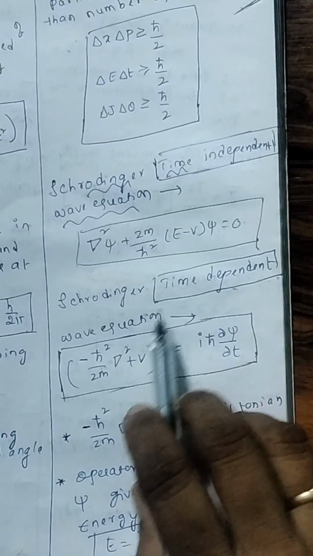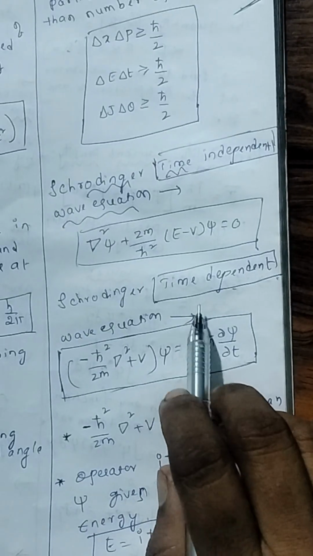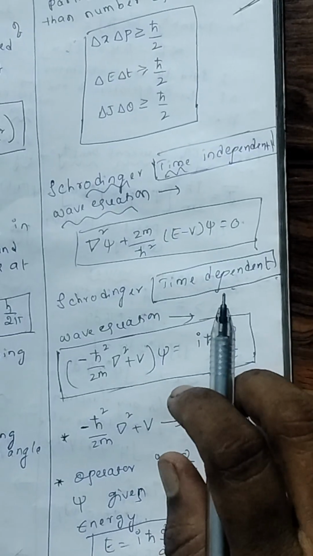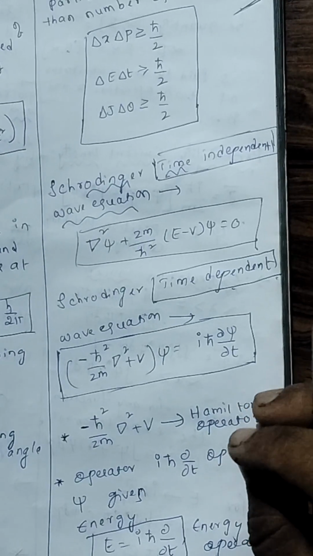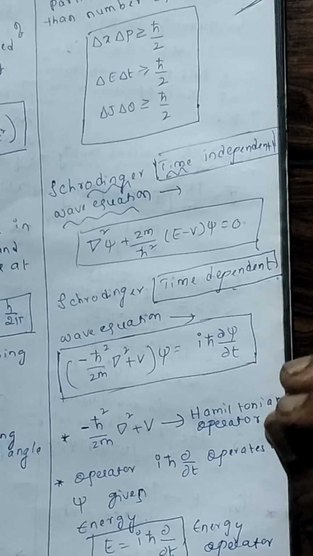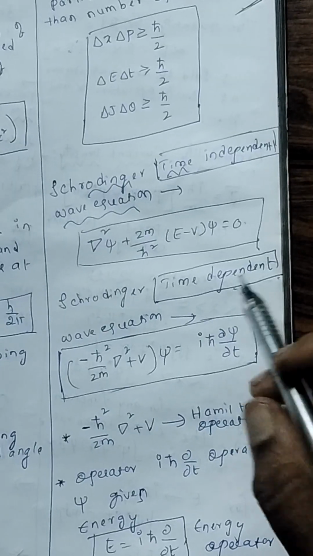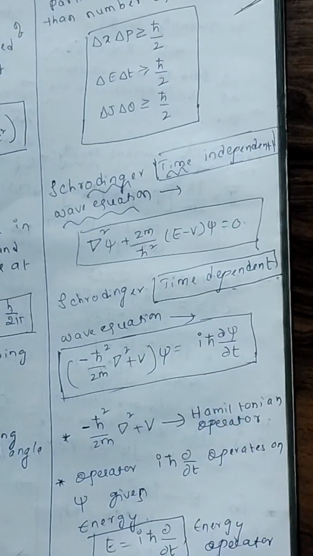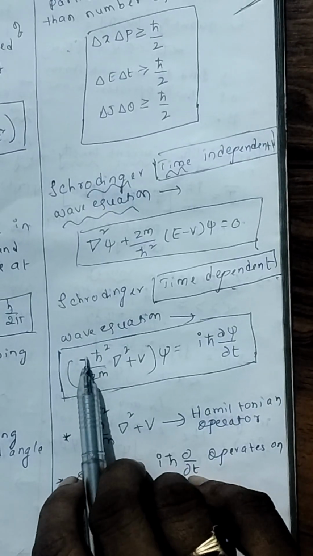The Schrodinger time dependent wave equation explains the time evolution of waves, right? The purpose of this equation is that it governs how a quantum wave function changes over time. And here we use partial differential equations, partial differentiation. Now next, the formula for the time dependent wave equation, practice well,